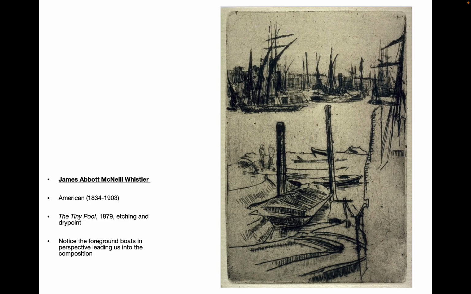This is James Abbott McNeill Whistler, an American artist. This is from 1879. It's actually an etching and a dry point, which are printmaking mediums. So they're basically scratched with a sharp metal tool into a plate, usually a copper plate, and then the ink is rubbed into the lines. That's dry point. And then with etching,